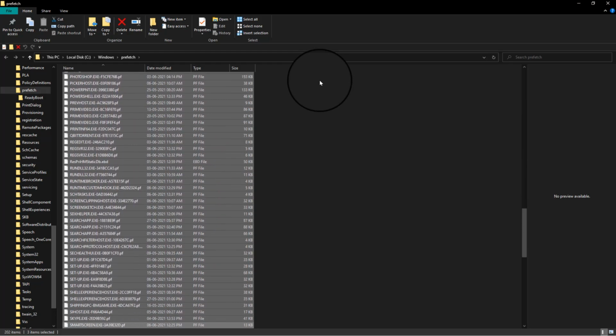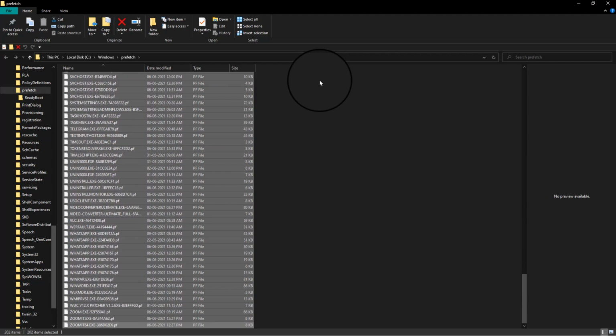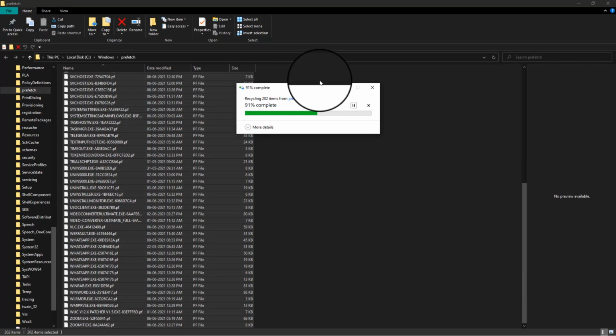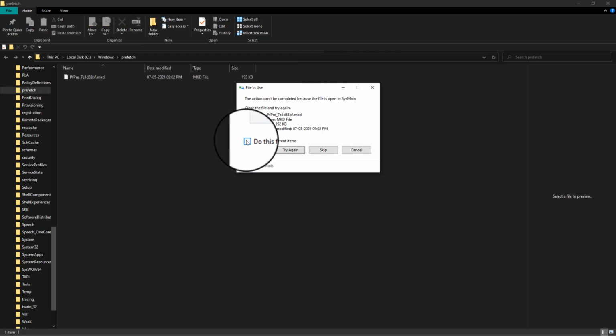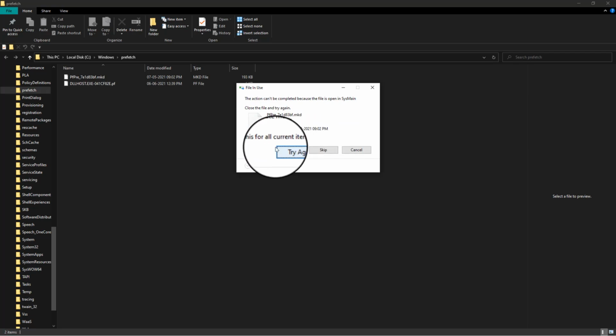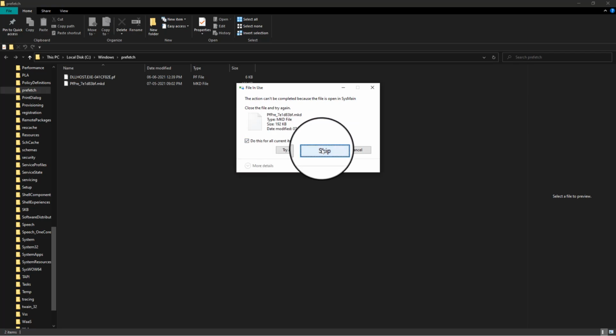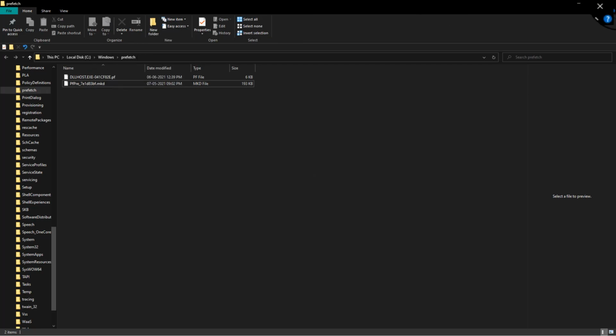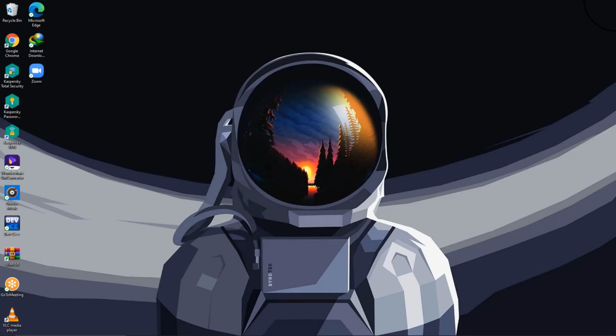All the files are to be selected without skipping any. Alright, now you can press delete key on the keyboard. Do this for all current items and click on skip. Don't click on try again. Alright, now you need to make sure that the files get deleted from recycle bin as well.